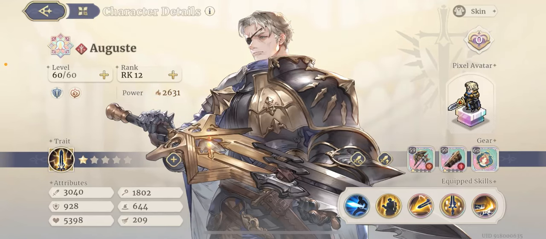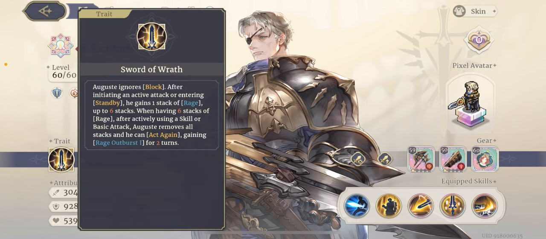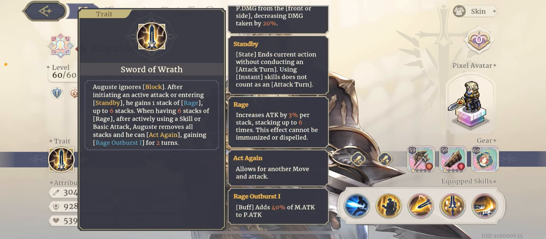And then we're going to talk very detailed about rage because it's actually a lot of stuff to cover. It's quite an interesting mechanic. So let's get started. So what is his trait? What does rage do? Every time he attacks or he stands by, he gets 1 stack of rage. Whenever he gets 6 stacks, and then if he uses an active skill or basic attack, he then can trigger his rage mechanic, which basically lets him act again, and also get extra attack from the rage outburst